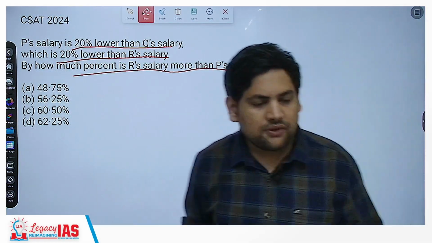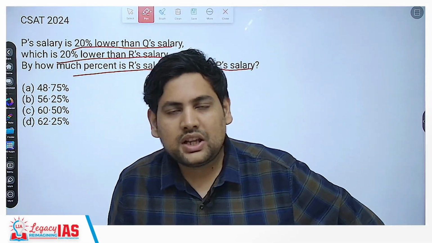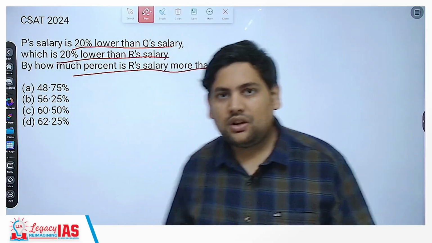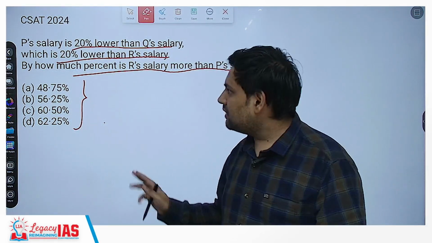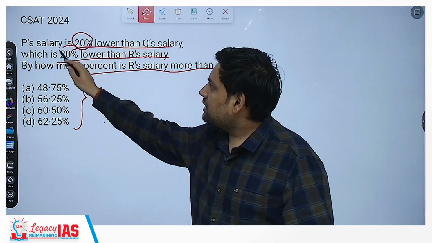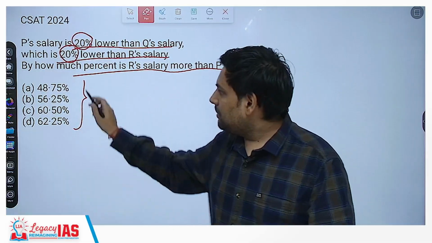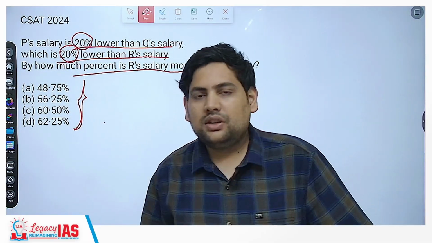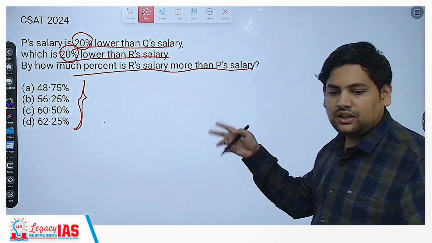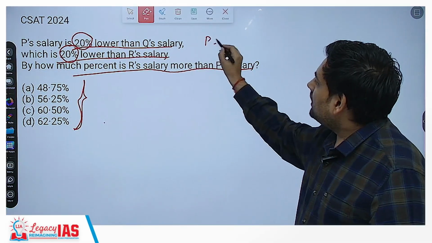Now, one thing you need to remember always: if the question tells you most of the data in percentage and is also asking in percentage, you are being asked in percentage only. What you can do is assume it to be any value. That assumption works. In one question that we'll see just after this, some data will be given, like P's salary is, let's say, given to be